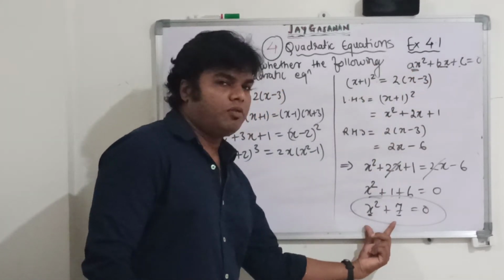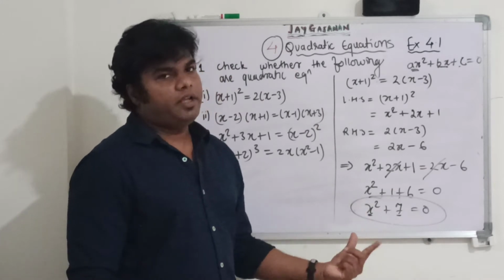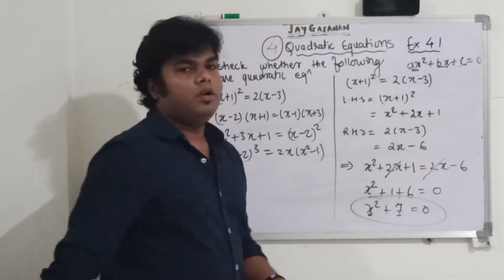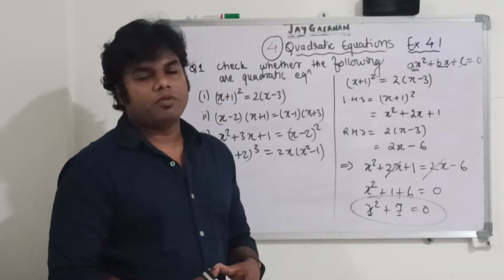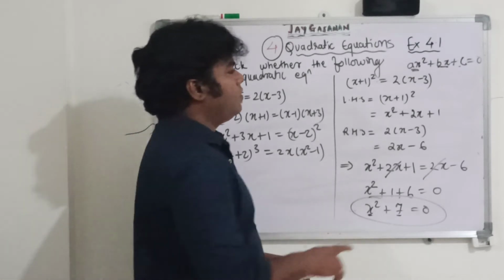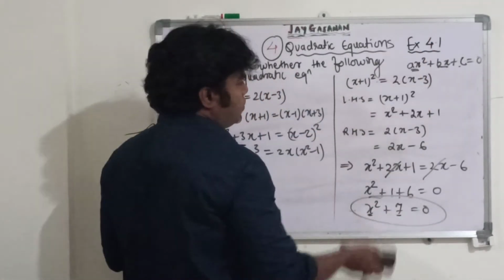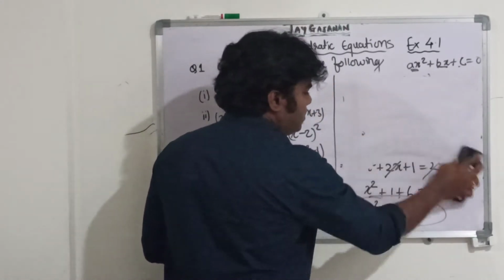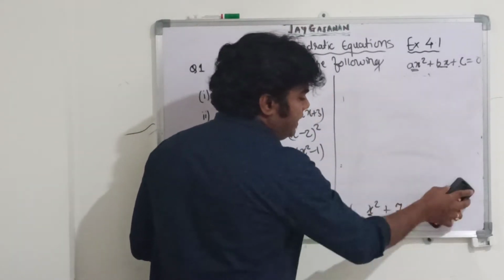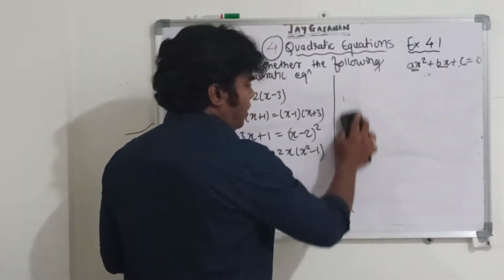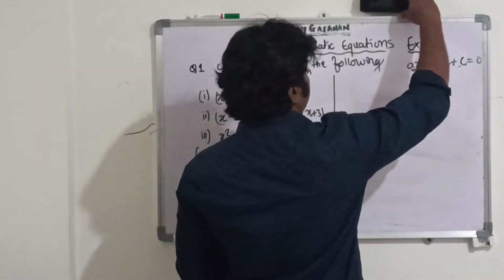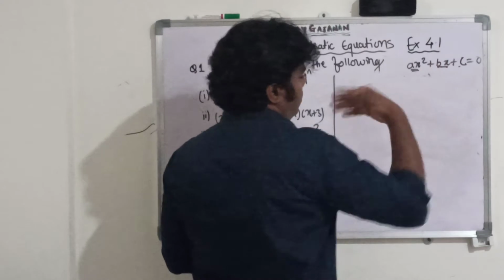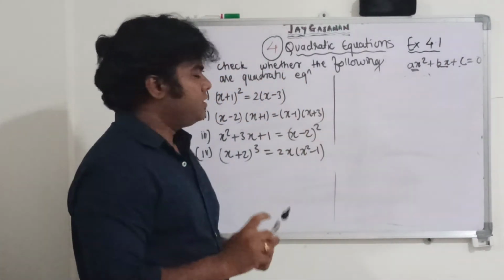So this is the standard form. So yes, it is a quadratic equation. You can write there below: yes, it is in the standard form ax square plus bx plus c. Therefore, b can be 0. So this was the first one. Let us go to the next one. If you find it lengthy, you can solve it directly also. But for the students who don't understand or who find it difficult, go in a simple way also.